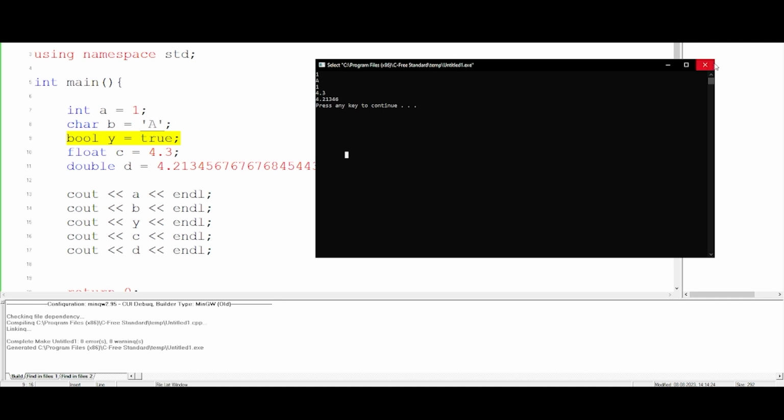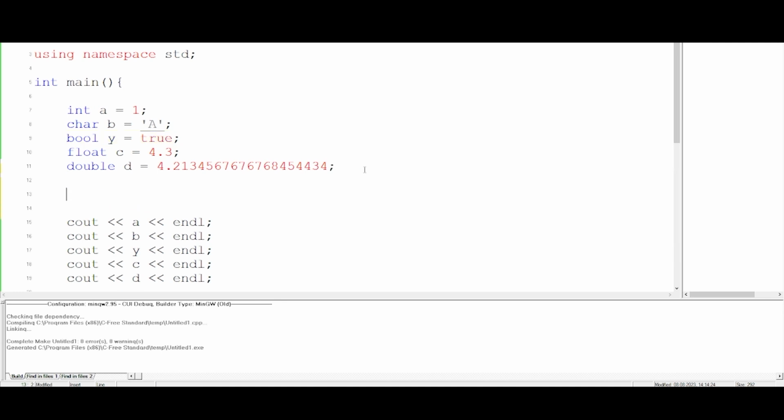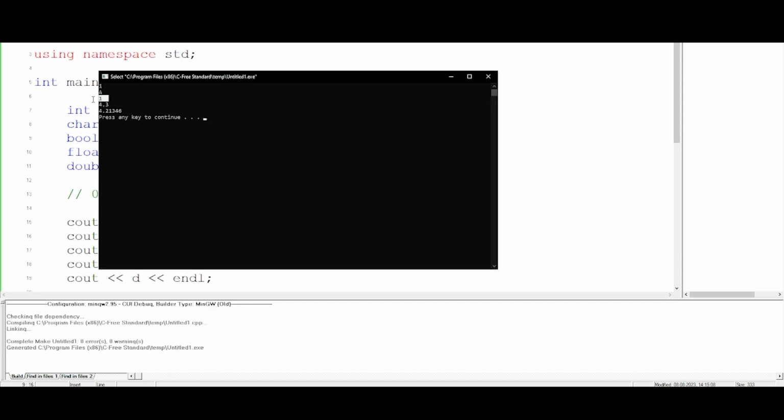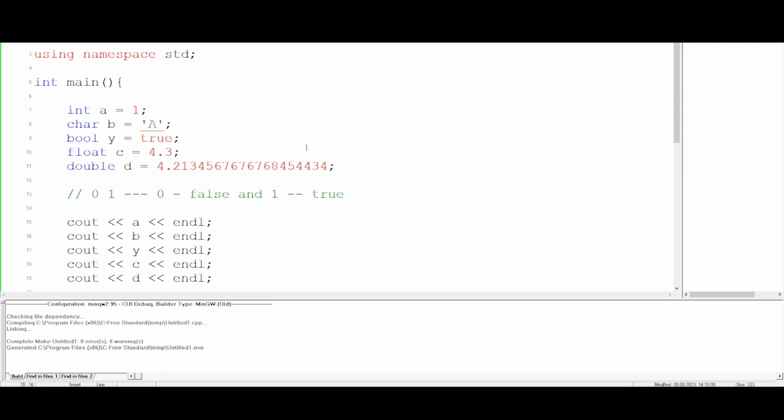Well, the reason is simple. When you're talking in computers, we generally work with zeros and ones. So here you have to remember one thing, that 0 means false and 1 means true. So since I've given true here, that's why it is printing the answer as 1, as you can see over here. So those are about primitive data types. There are other data type versions also, which we will learn in the future classes.